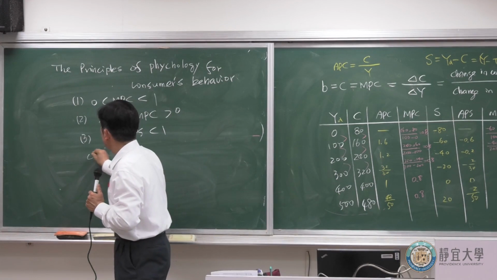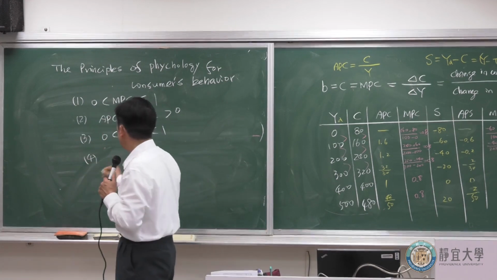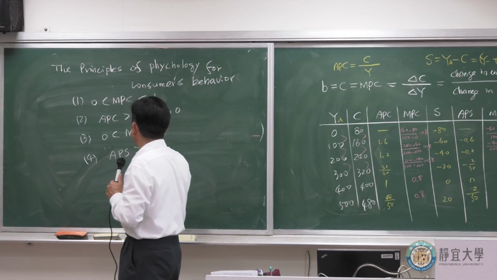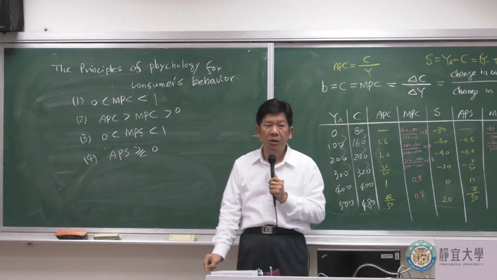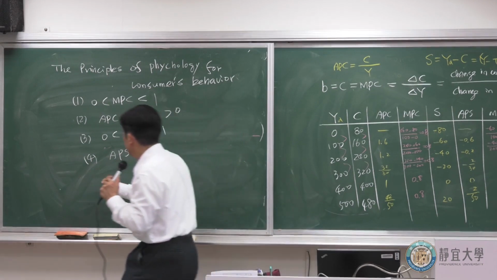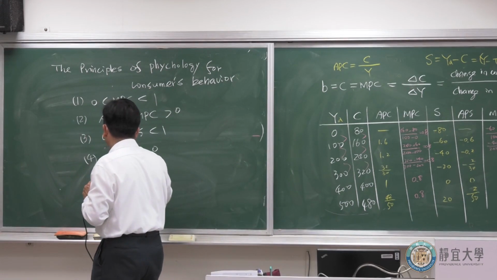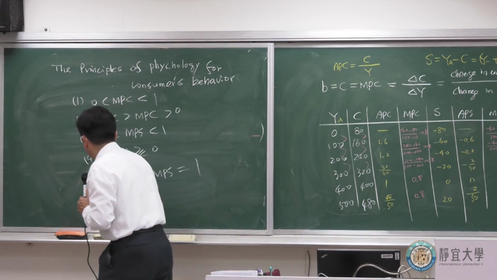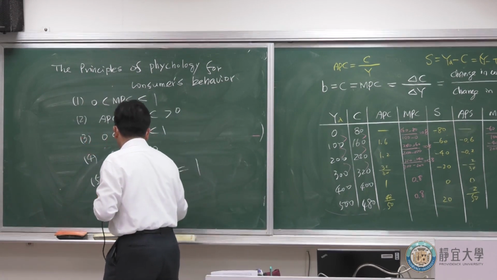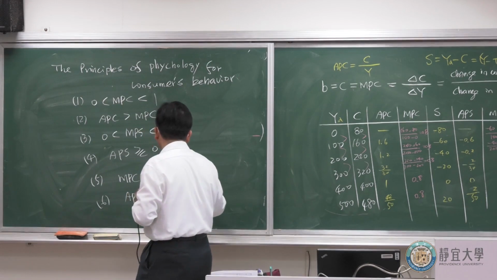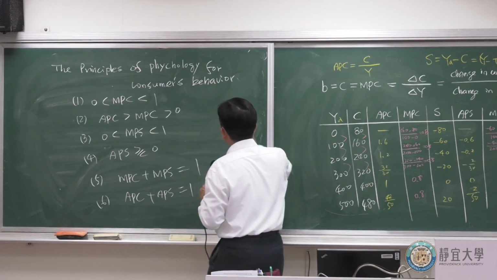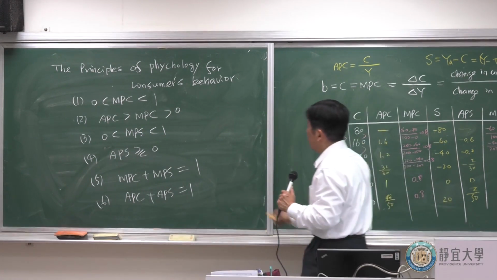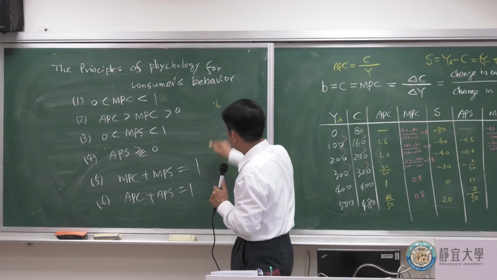And the fourth, you can see APS less than 0. And the fifth, MPC plus MPS equal to 1. And the sixth, APC plus APS equal to 1. And the seventh,